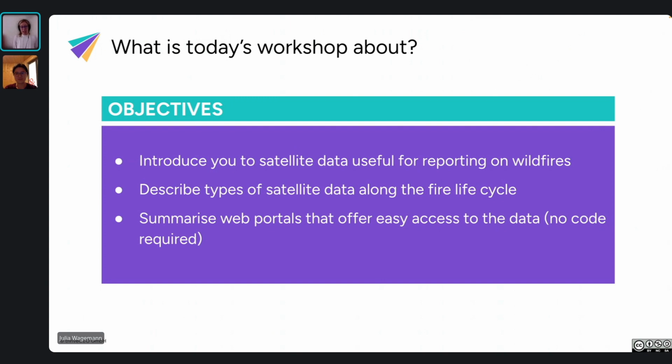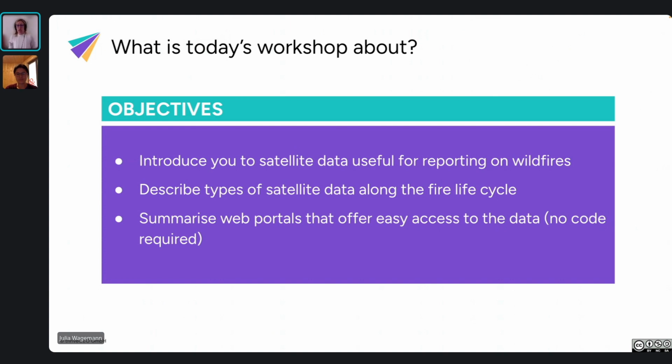We will describe the different types of satellite data that can be used along the entire fire life cycle: before a wildfire, during wildfires, and after wildfires occurred. We will also summarize different web portals that offer easy access to the specific datasets we introduce today.